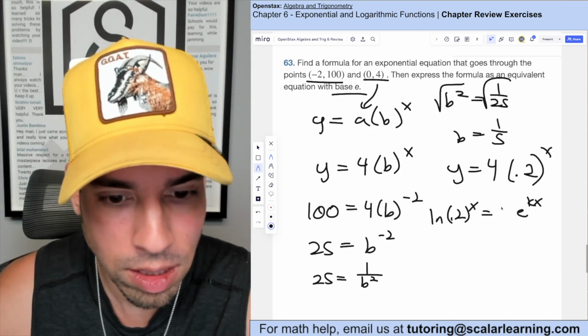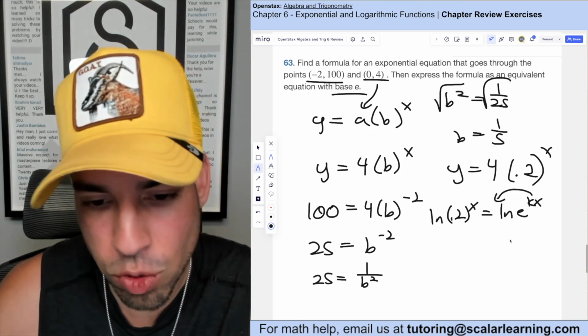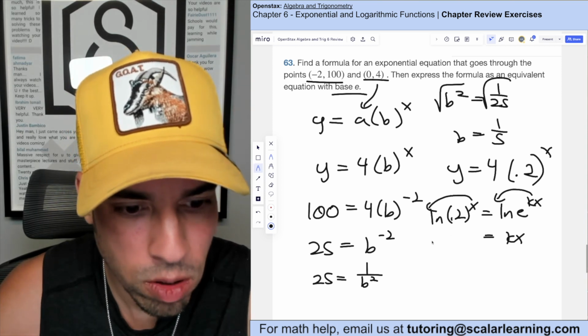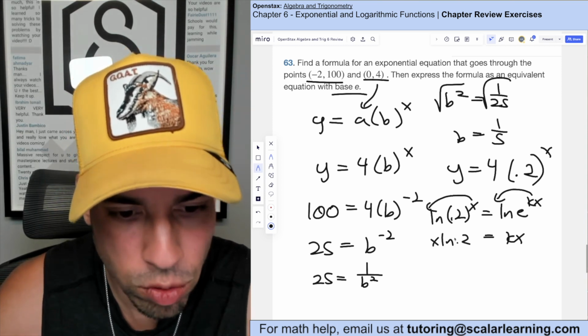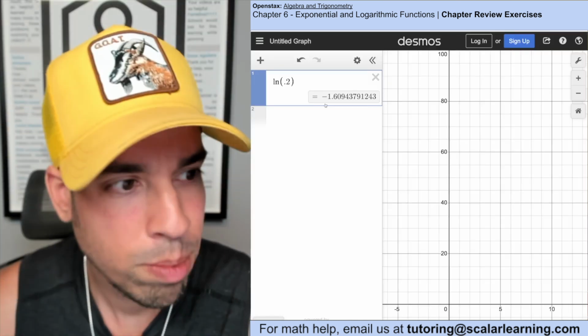So we're going to start by taking the natural log of both sides. That allows me to bring this down, and ln of e is just 1. So now I have kx equals, and then bring this down as well, x times ln of 0.2. Now we can divide both sides by x, and look at that, k equals ln of 0.2. ln of 0.2 approximates to